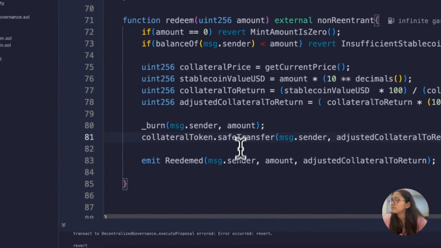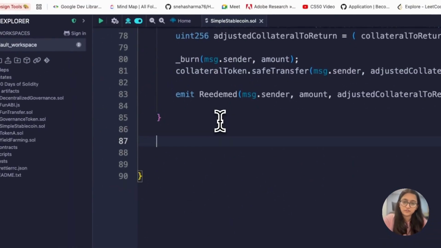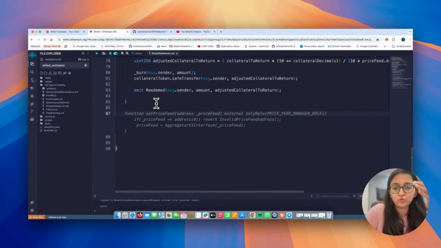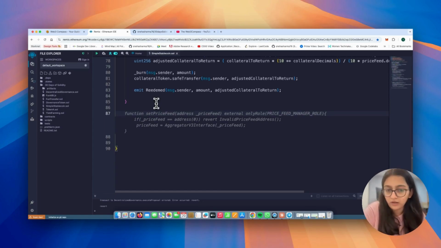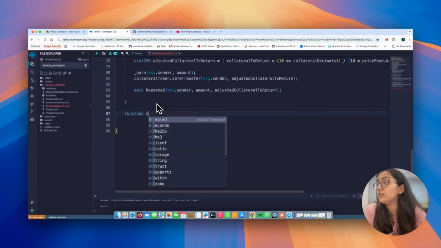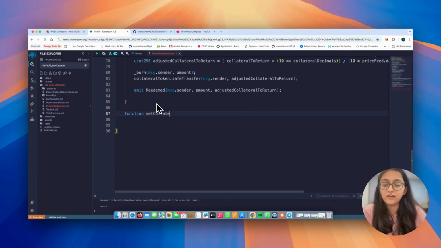So now it's time we write another function. So we're going to write a function to set collateralization ratio. Okay, so the function will allow the owner to adjust the system safety buffer, the percentage of over collateralization required when minting new stable coins. Okay, tuning this ratio can help respond to the changing market conditions like high volatility, but it's tightly controlled to avoid any kind of risky settings. So we say function set collateralization